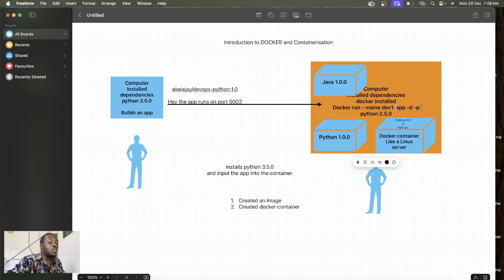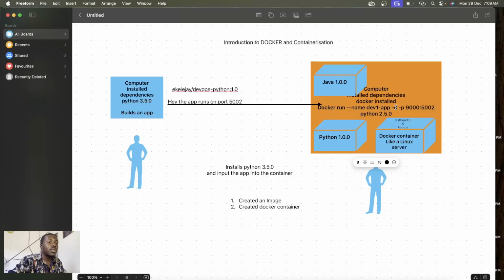If he has port 5002 preoccupied on his own system, he can decide to run it on port 9000 on his own computer, linked to port 5002 of the container, because that's where the application will be exposed.